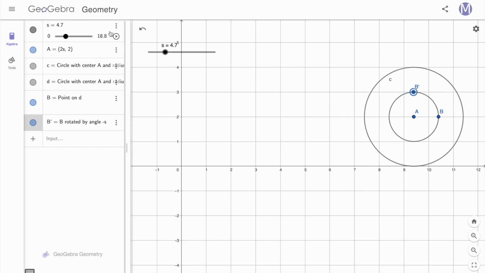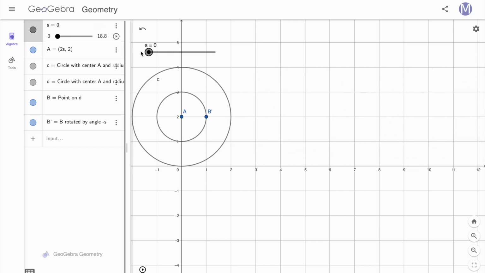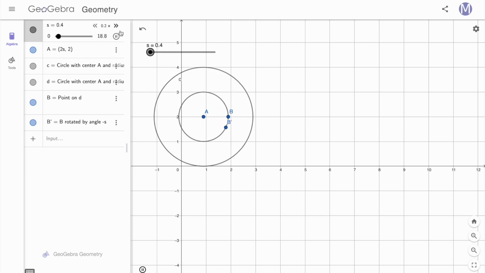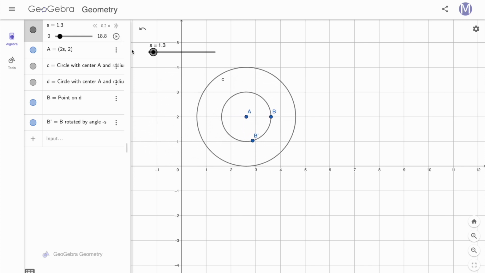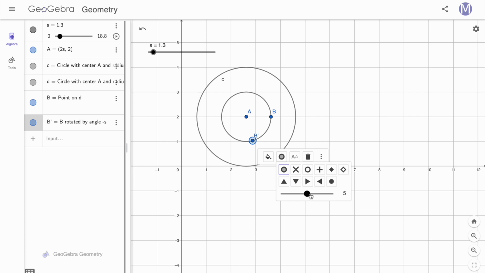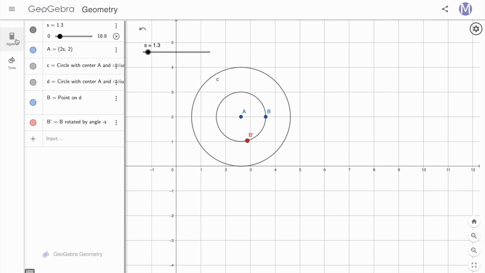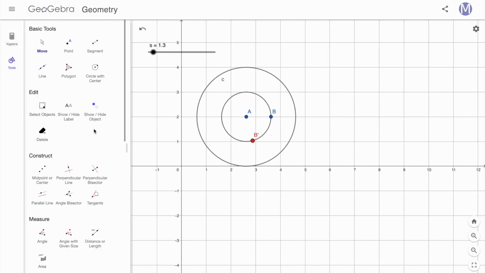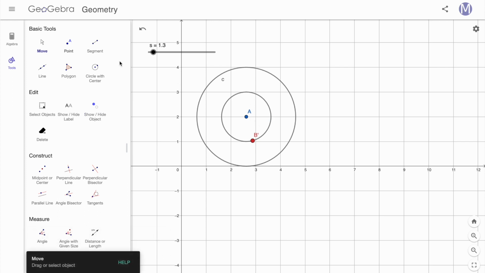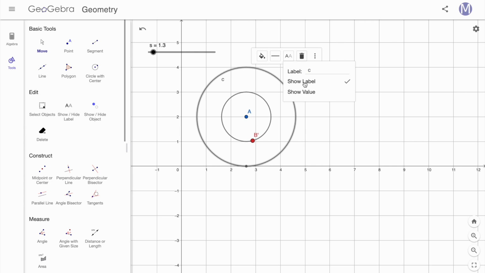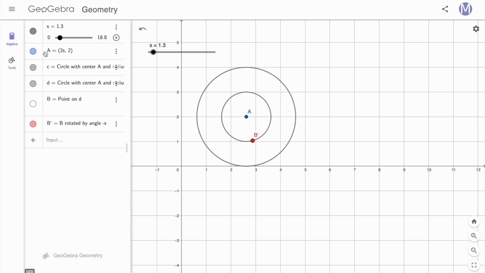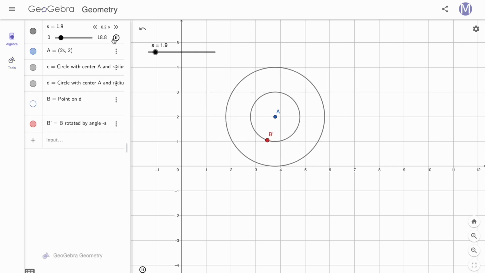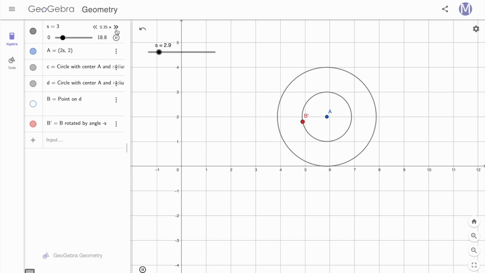I can even slow it down a little bit, bring it back, and okay, this is my ladybug. Let's make it a little bit bigger to keep track of. Let's make it red. Great. Then I don't really need that B point. That was just built in, so I'm going to hide that object. Don't know why C is labeled. Okay, so if I press play again, there goes my ladybug, and there goes my wheel, and we're rotating through